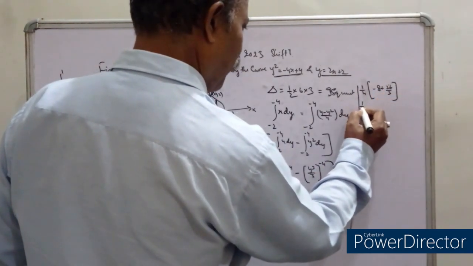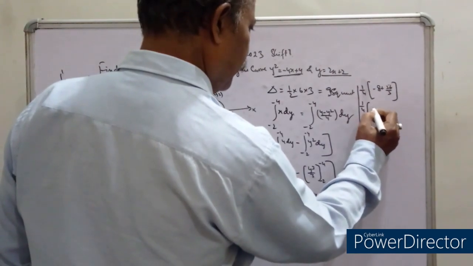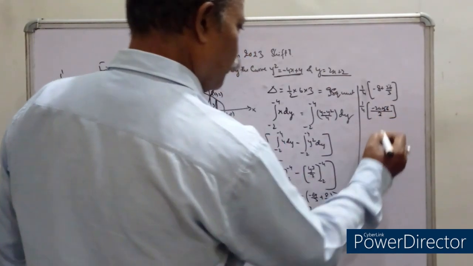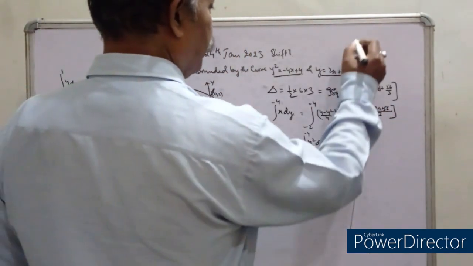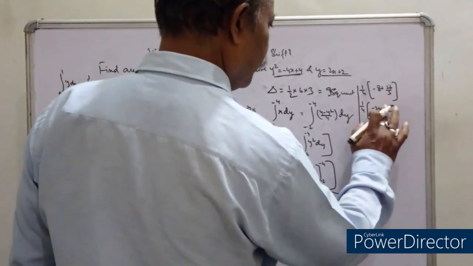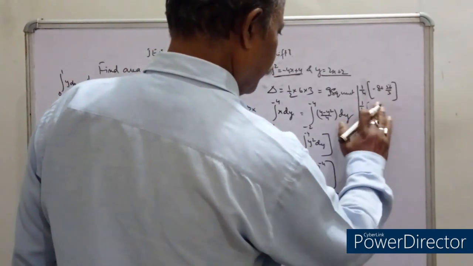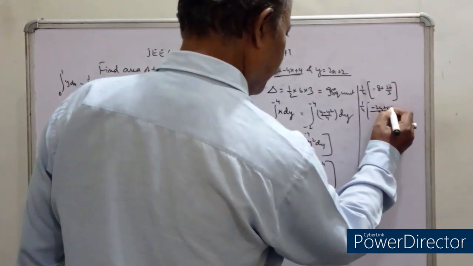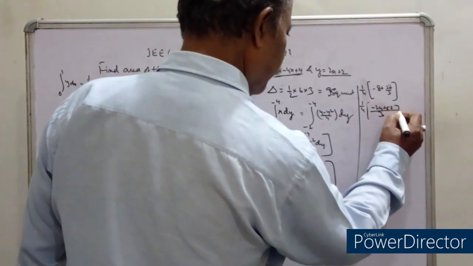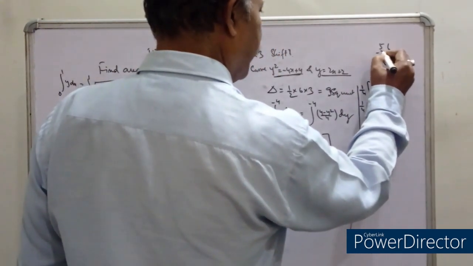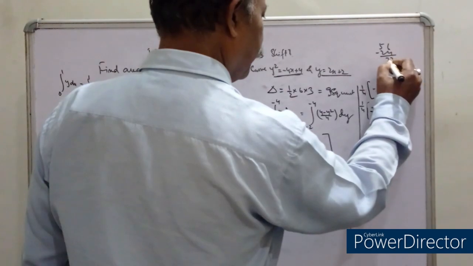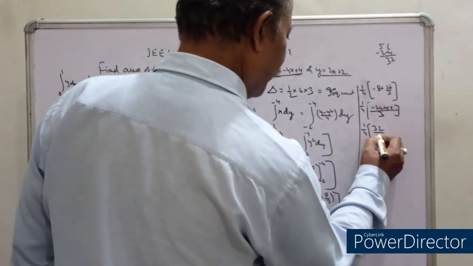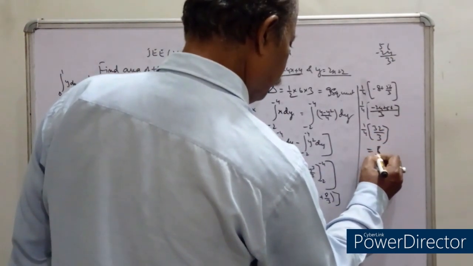So this will be 1 by 4, your LCM will be 3, minus 24 plus 56. This will come out to 56 minus 24, that is 32. So 1 by 4 times 32 by 3, so this will be 8 by 3